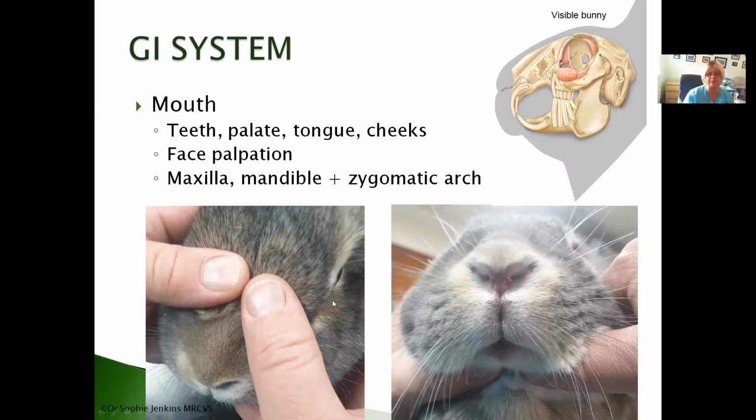the face. So what we want to do is feel along the bridge of the nose from the nostrils right up and going out towards the eyes either side here. Gentle palpations, all you need to do. We want to feel along, so that's the maxilla. We want to feel along the mandible, so that's underneath, and we're feeling right from the front incisors right